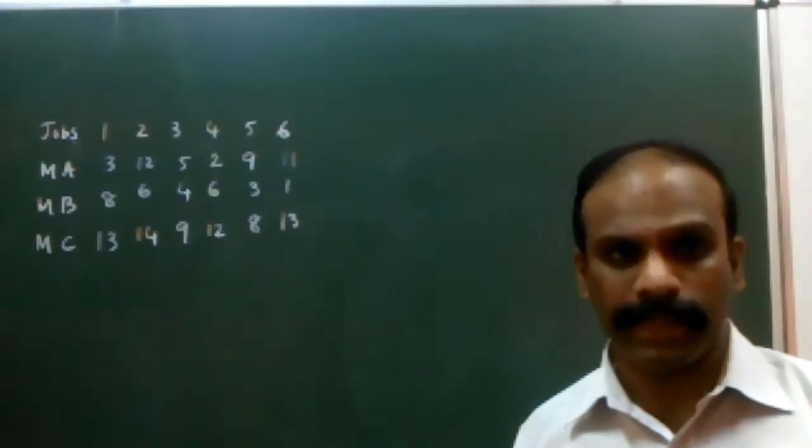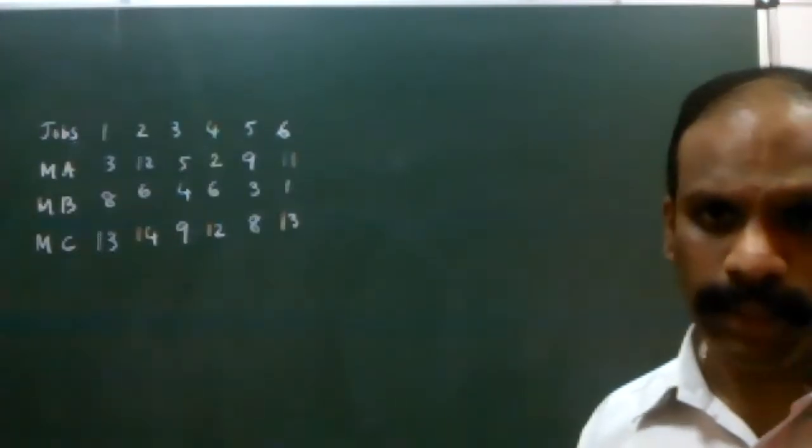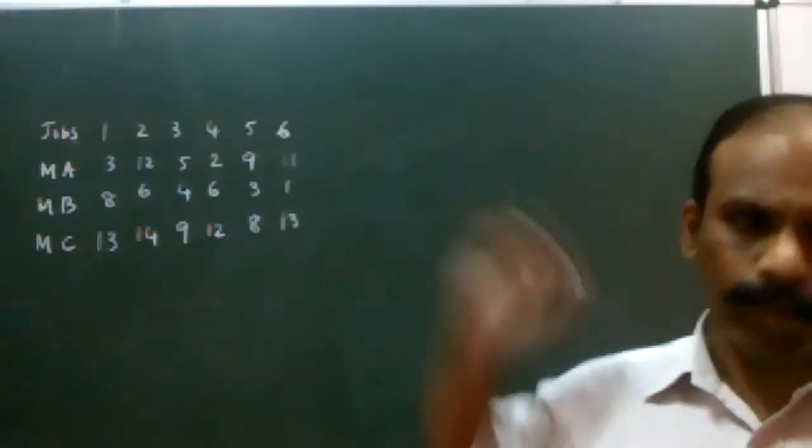Now we are supposed to solve this problem and calculate all 4 values. Which are the 4 values we are calculating here? Idle time for machine A, idle time for machine B, idle time for machine C, and finally the total elapsed time. As you all remember, before we convert a 3 machine problem into a 2 machine problem, there are certain conditions to be satisfied. We usually call them the prerequisites. Only when these prerequisites are satisfied can we solve the problem or convert it to 2 machines. Now, what are the prerequisites? I hope you all remember this.